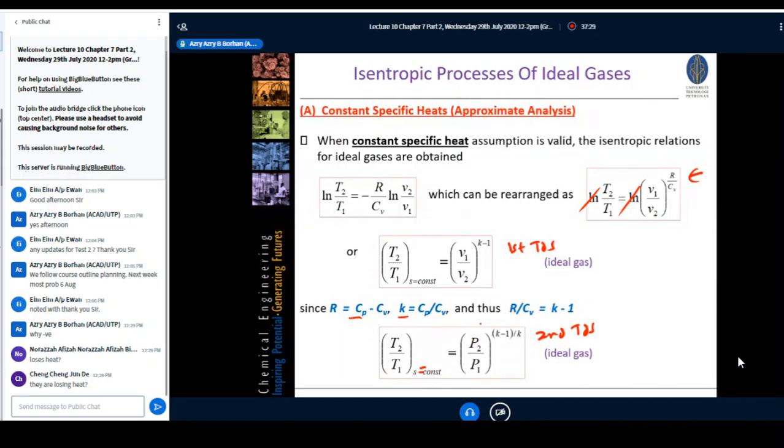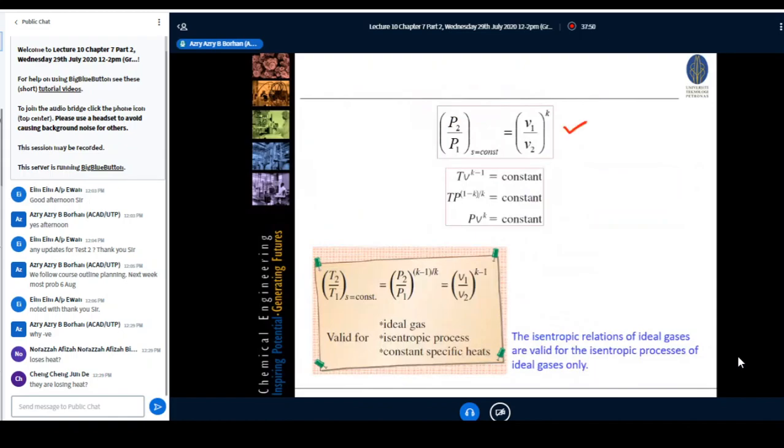So now you can see that between the first and second TdS, the left side equations are equivalent to each other. So what we can do is substitute the second TdS into the first TdS equation and simplify, and you end up with this particular equation. So guys, from here we can summarize: T2 over T1 for isentropic is equivalent to (P2 over P1) to the power of (k minus 1) over k, and also equivalent to (v1 over v2) to the power of k minus 1. And remember, these three correlations